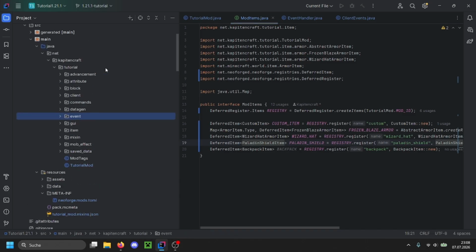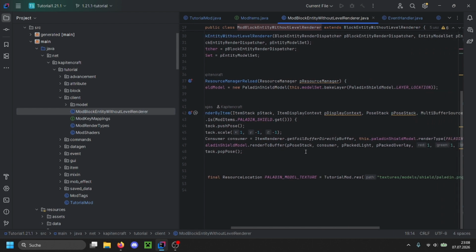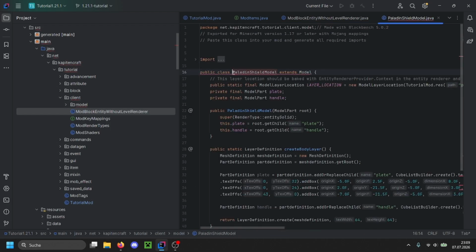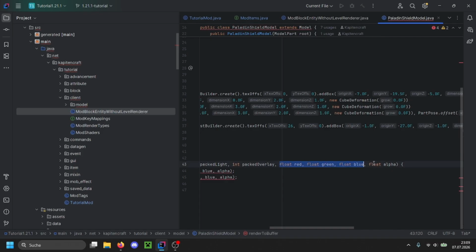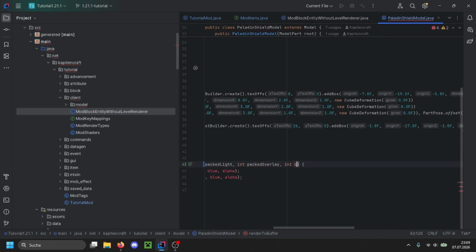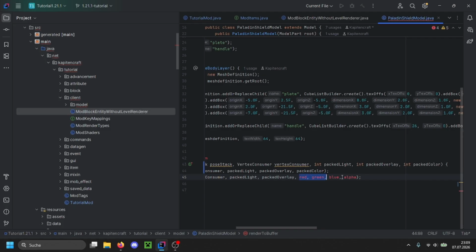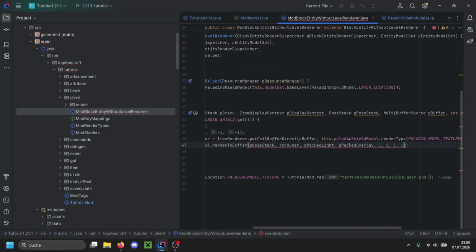And we also have to go to the mod block entity without level renderer, which is for some reason still working, because the Paladin shield model was not yet updated, because this uses yet again the packed color, and we have to update this. So it is now rendered to buffer for this, which is also going to be an error here. And so packed colors just use